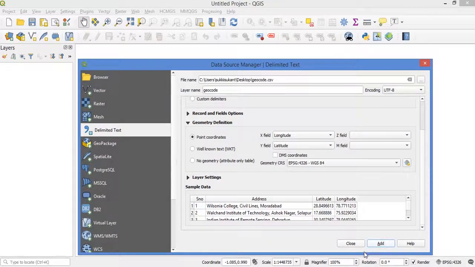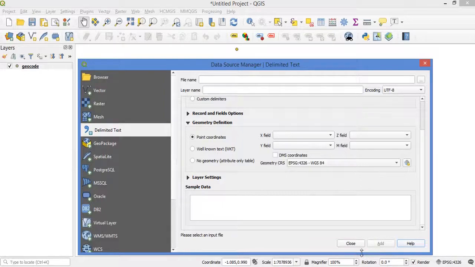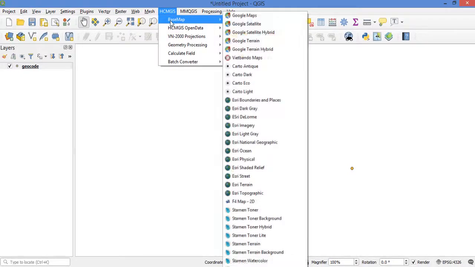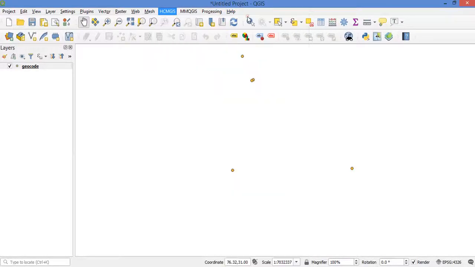Add. Here you can see that the points have been located. In order to check, we will open Google Maps as the background with the help of the HCM GIS plugin.